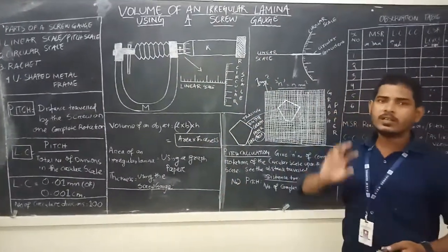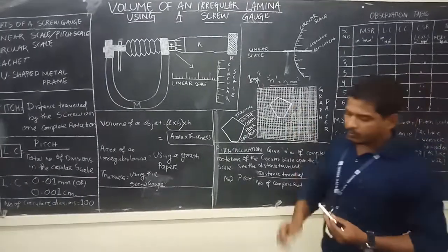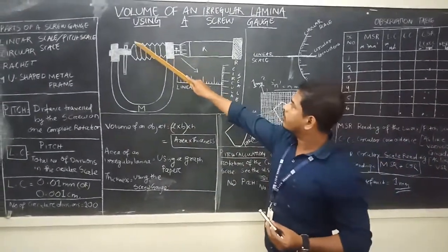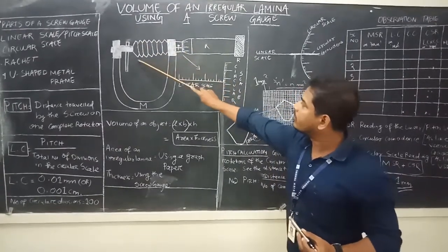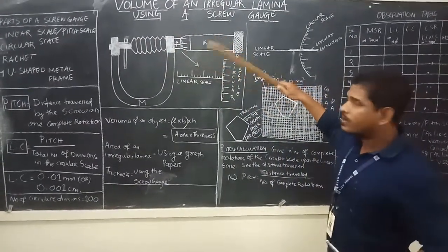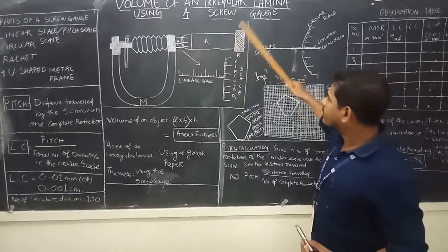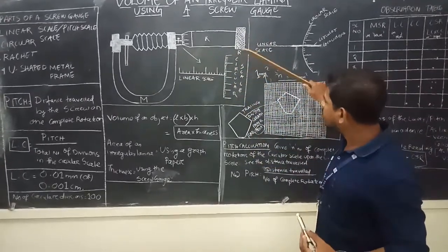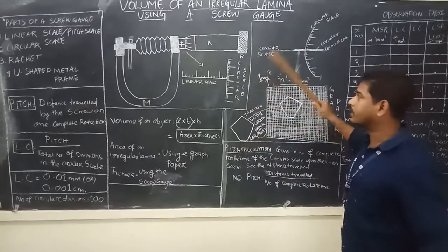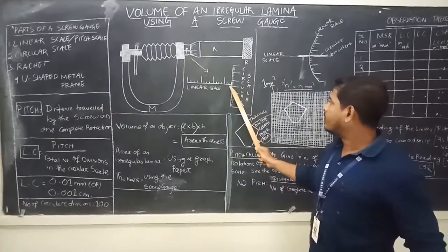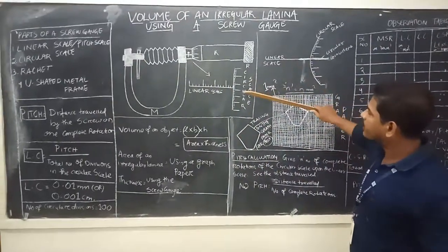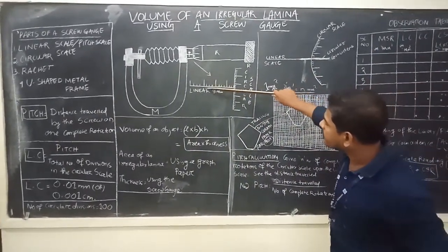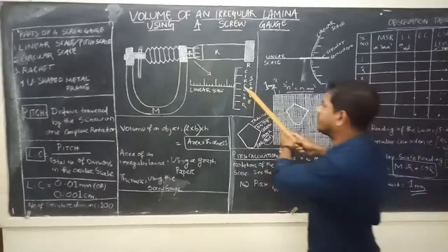So it has some grooves on a part of it, known as the screw. You can see here I have drawn it on the blackboard. Once it rotates, the circular scale travels some length. So the rotational motion of the circular scale is converted into translational motion along the linear scale. When the circular scale rotates, it travels some length along the linear scale. So once it rotates, it travels a certain distance.